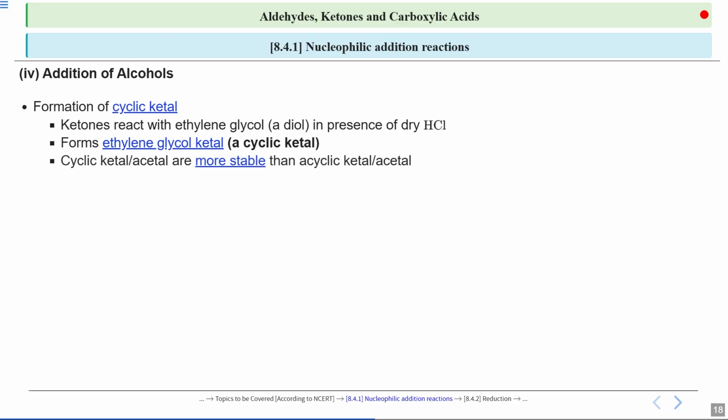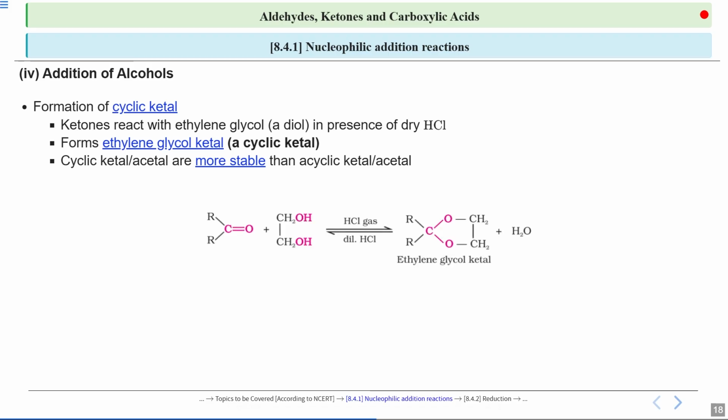If I compare cyclic acetal or ketal with acyclic acetal or ketal, I can say that the cyclic ketal and acetal are more stable than the acyclic ones. Why? Can you think of the reason? Because cyclic acetals or ketals form 5 or 6 member rings and these rings are strain free. This property makes them valuable in protecting the sensitive functional group during the reaction. So they protect the sensitive functional group while the reaction is proceeding.